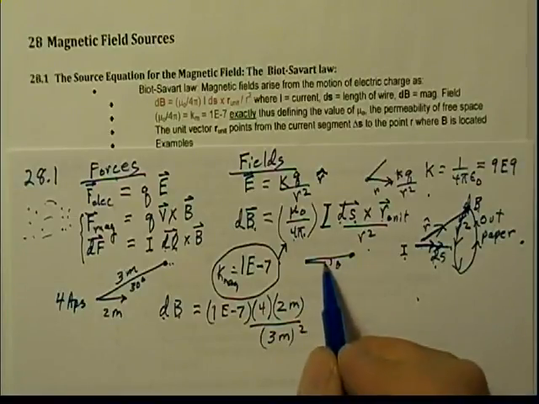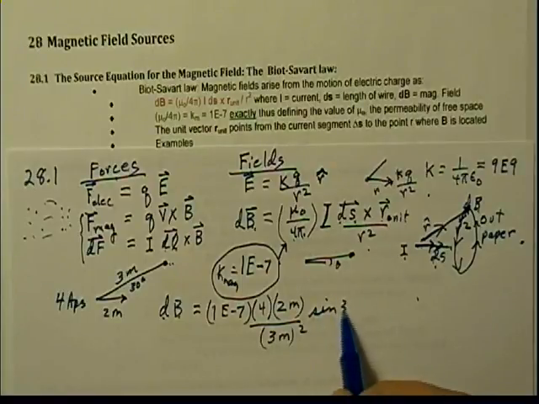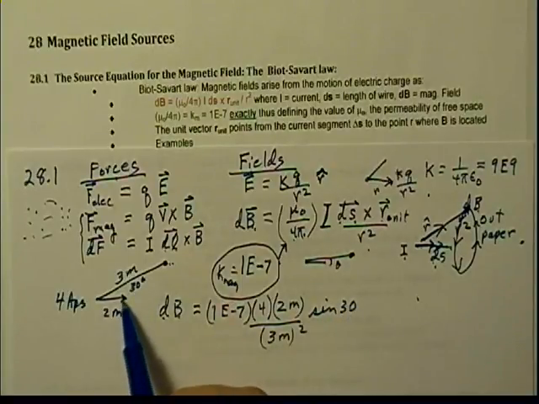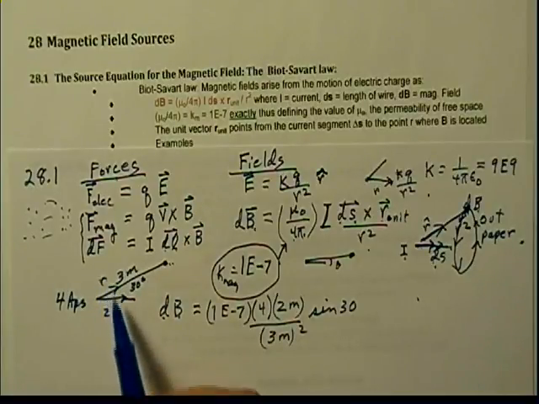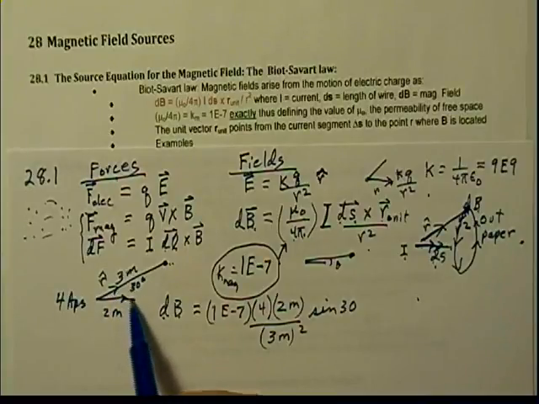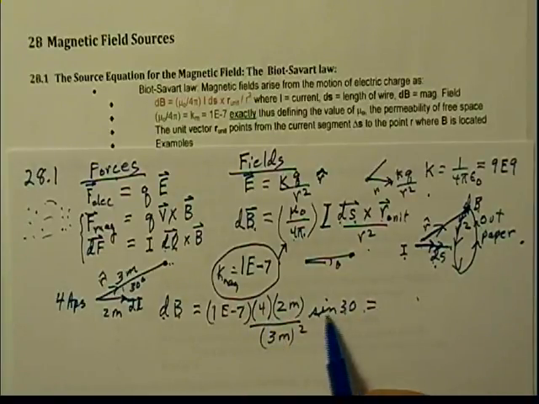Well, I'm 3 meters away, so that's going to be 3 meters squared for the distance. And now I have to add into that the sine of the angle between them. So this is the sine of 30 degrees. And that comes from the fact that that is the angle between the unit vector r hat, and the length dl. And now we'll say, okay, this gives us the magnitude, and you may recall that sine 30 is equal to 1/2,